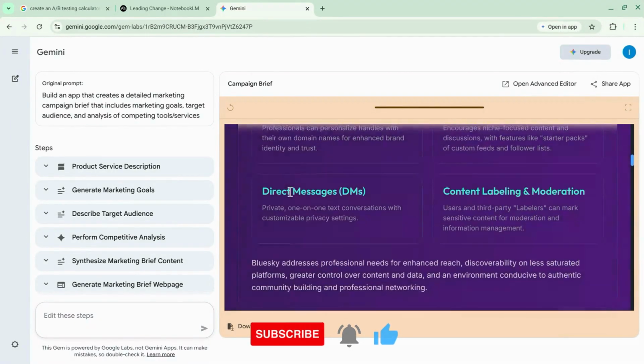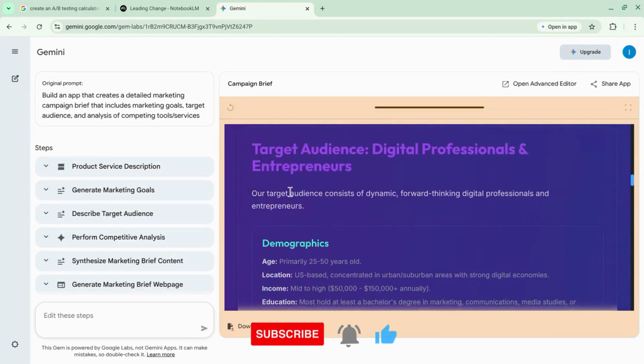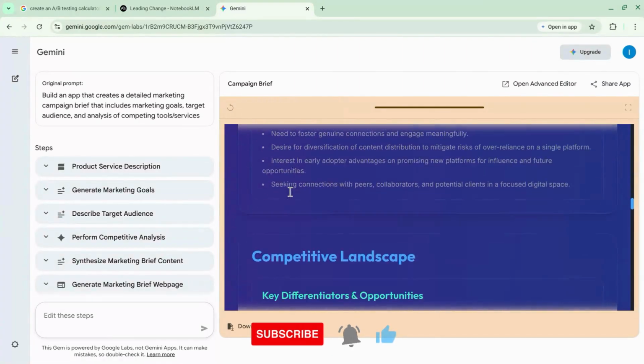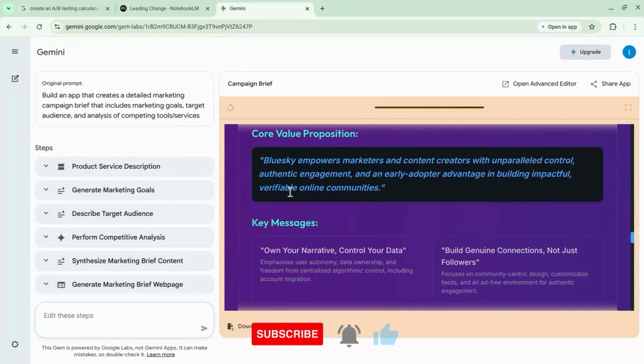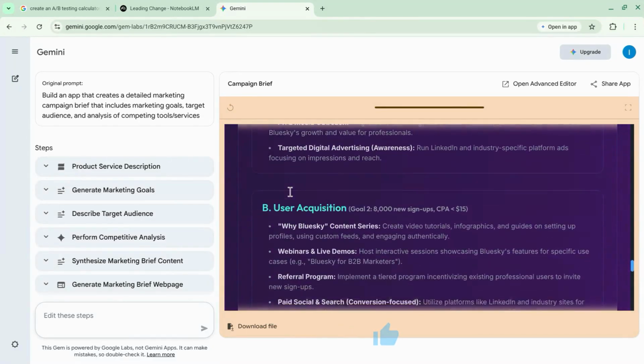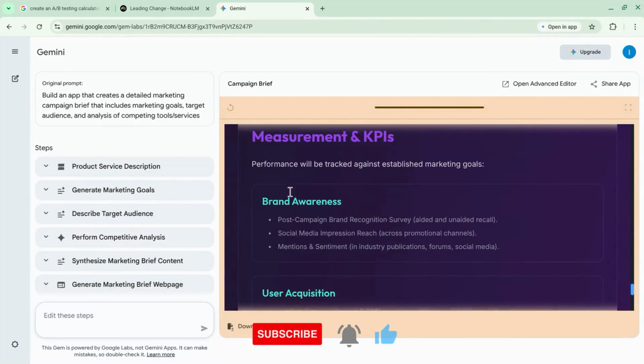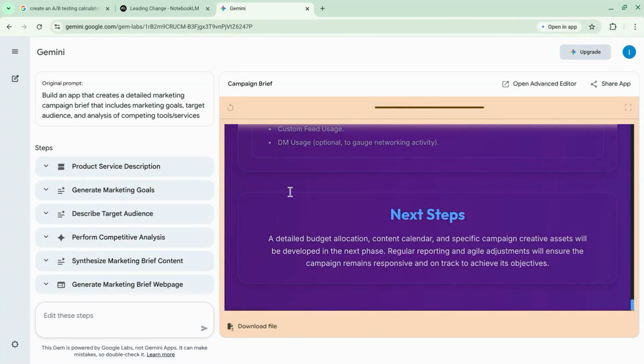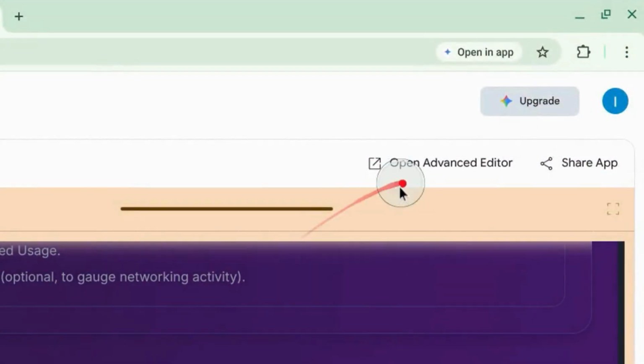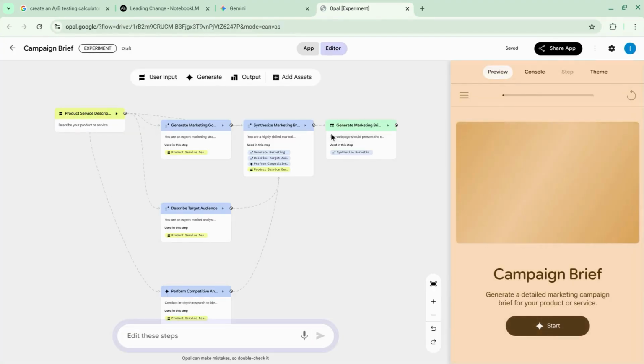It has some benefits, 6-month campaign goals, demographics, specific needs, competitive landscape, key messaging points, marketing tactics, user acquisition, measurement and KPIs, and then next steps. If you want to edit any of these steps, you can prompt it and submit what your requests are. If you want more control over the customization, click on the advanced editor and it'll show you the entire layout